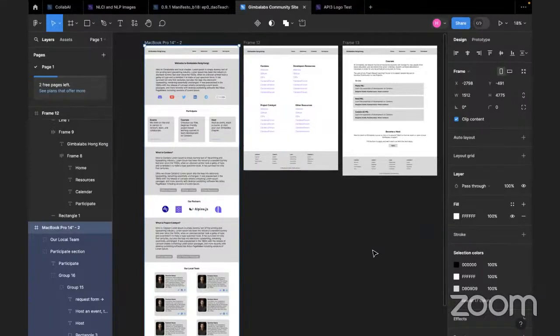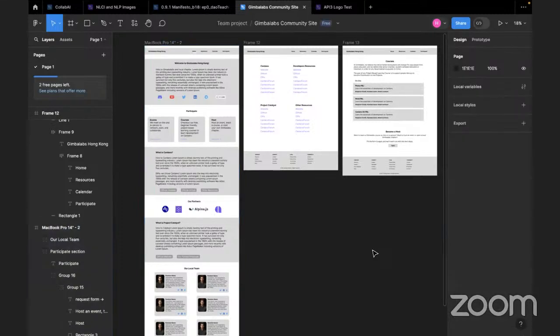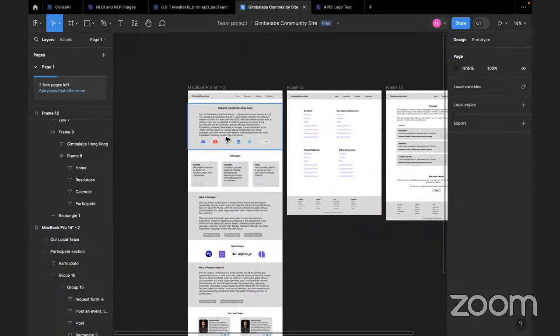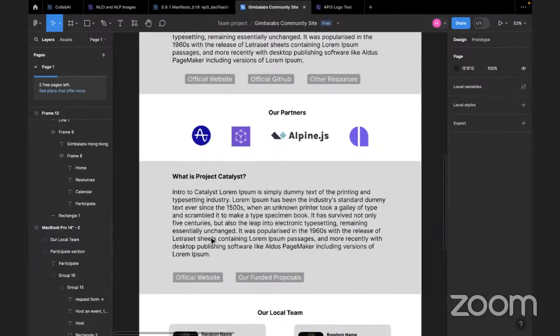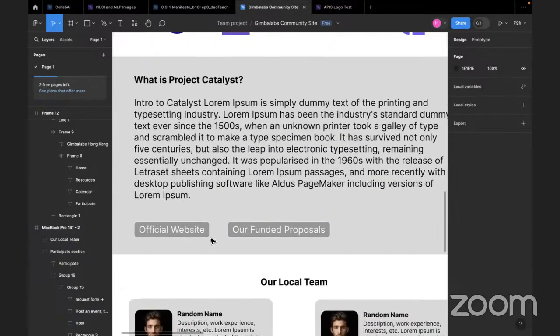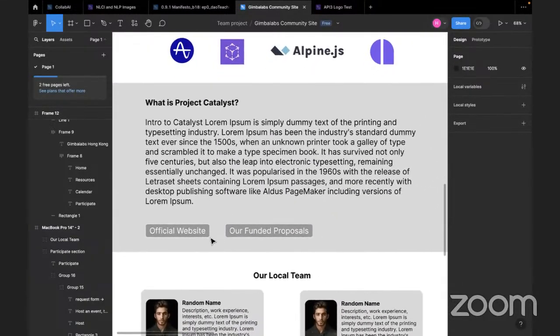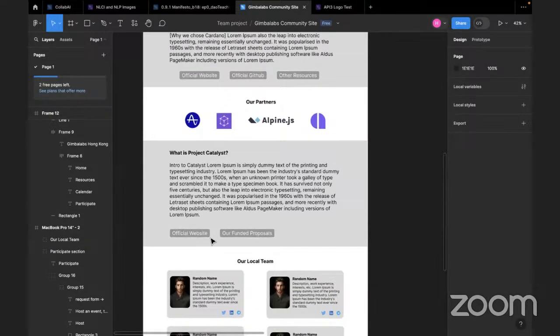Some comments, or not sure, points: for example, with this Project Catalyst, I'm not sure if people coming into this kind of website are really interested in it the first time looking at it. And the second thing I'm thinking about is maybe we can put more photos somewhere, rather than just text.